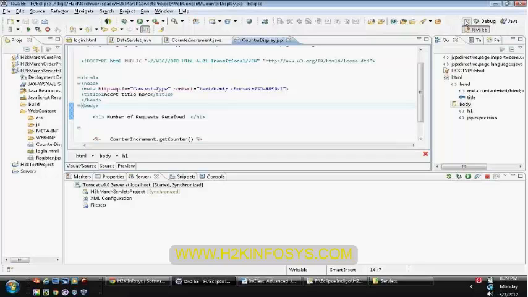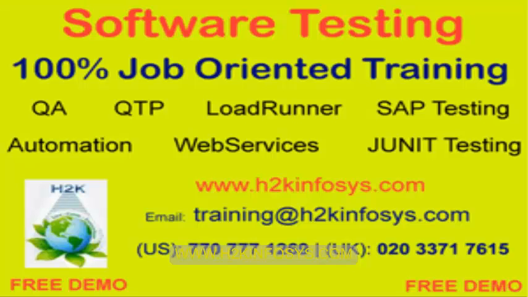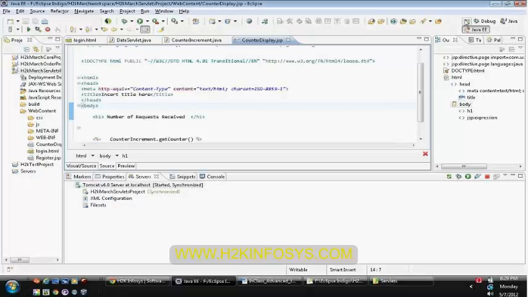The reason for that is that the communication mechanism we are using between our client and server is HTTP, and HTTP is a stateless protocol. Stateless protocol means it won't maintain any conversation state which happens between the client and server.